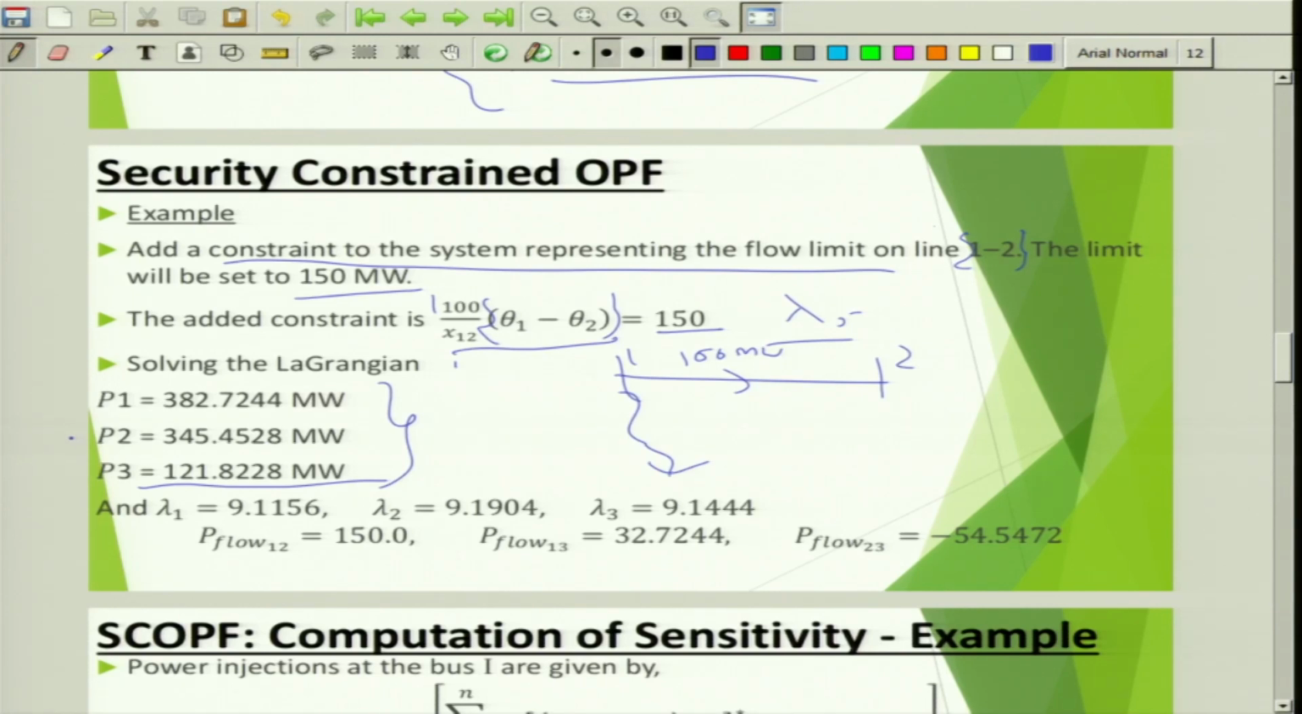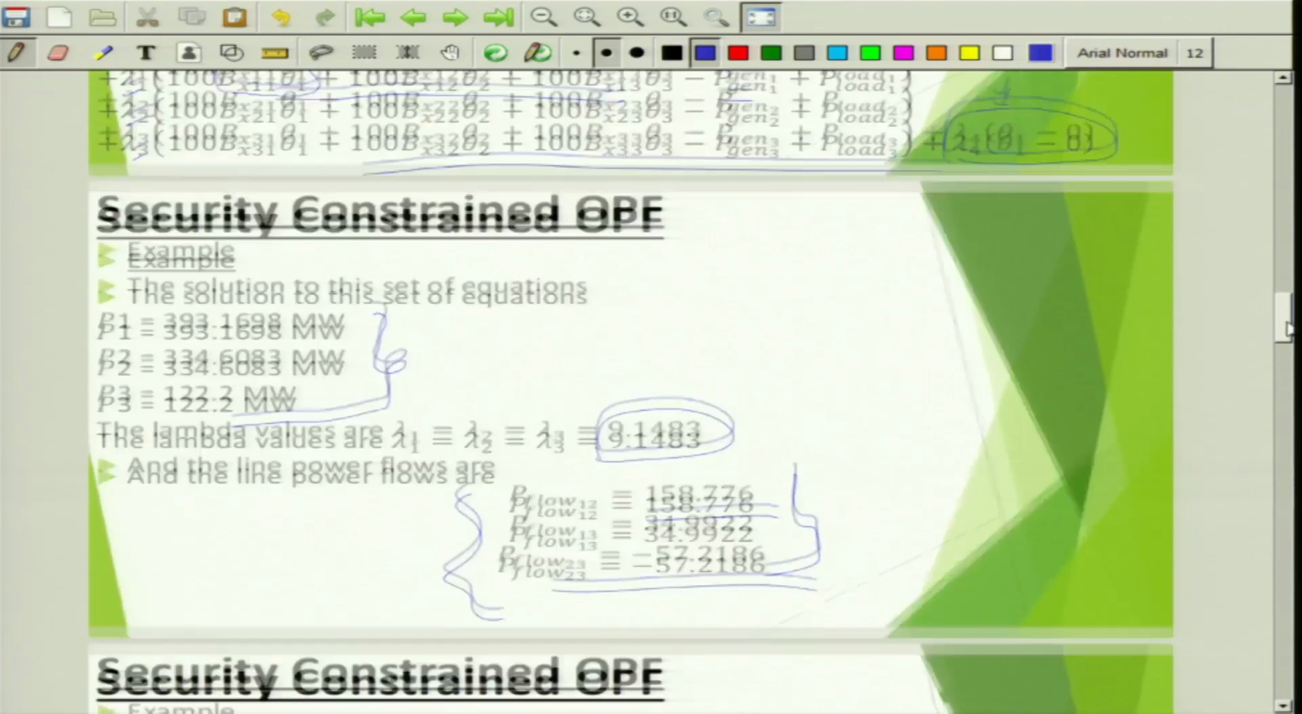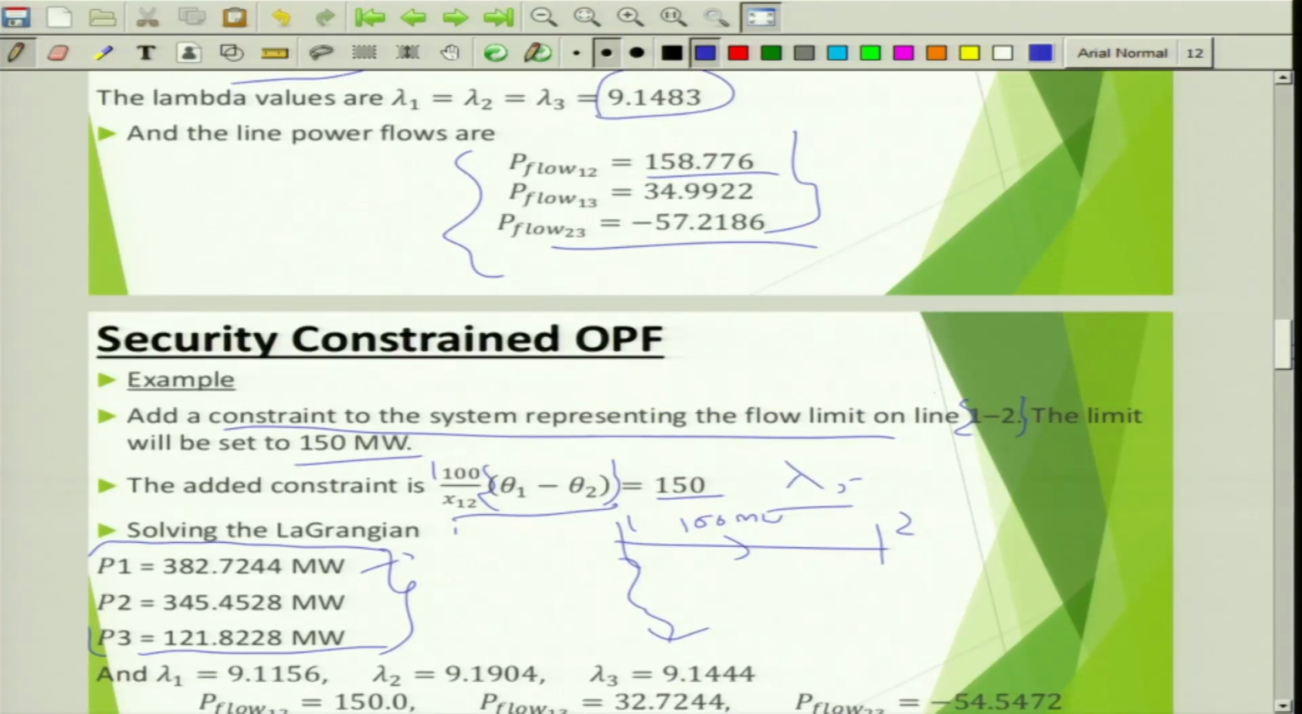Now you can see that here, this is a set of new generations that you get because of the new constraint being added, and because of which you see here there is a change in generation. 382 is the new generation. I will just place 393, 334, 122. Earlier one is 393, 334 and 122 nearly, right. You see here there is a change in generation with respect to each of the generators,